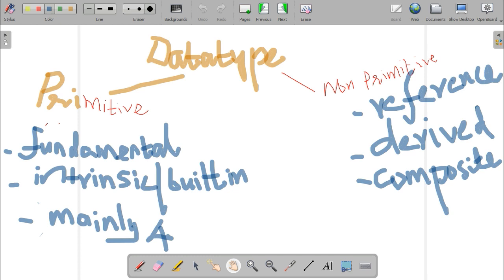So first one is data type. What is a data type, or what do you mean by data type? It indicates the type of the data. All of you know different types of data are there. If you want to enter your marks, it will be maybe a whole number or a fraction, 85.5 or 90. Marks need a different data type.